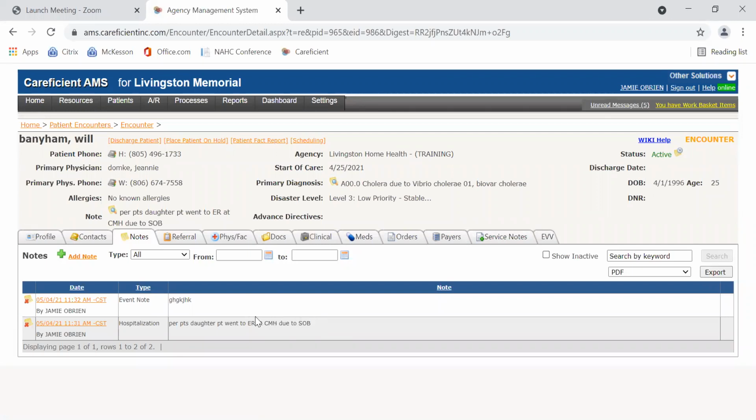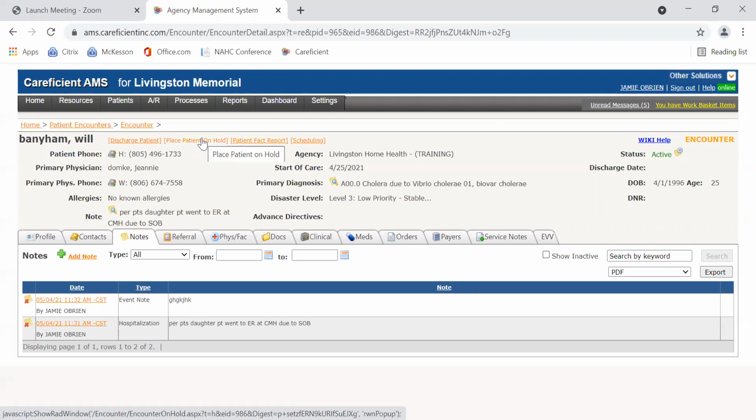Then behind the scenes, your supervisor is going to do something like this. It's called place the patient on hold. What this will do is visits will decide if visits should come off or on. If you see that your patient's in a hold status, that's another indicator that something's up with my patient. Behind the scenes, your supervisor is going to investigate to see what actually happened with the patient. Were they admitted? Were they not admitted? And if they were admitted,